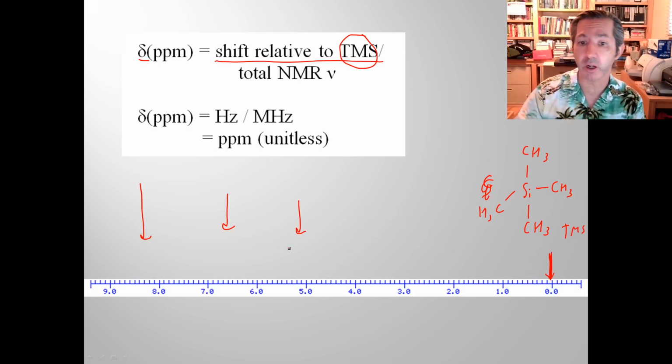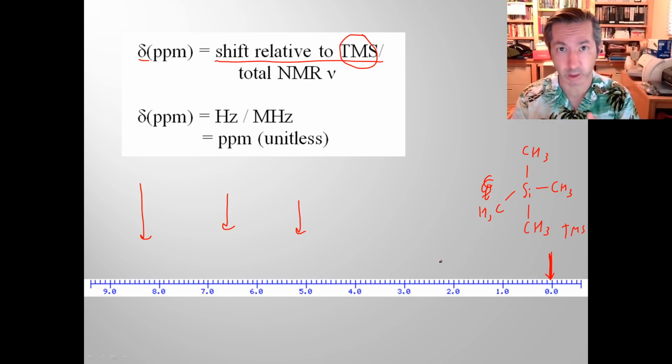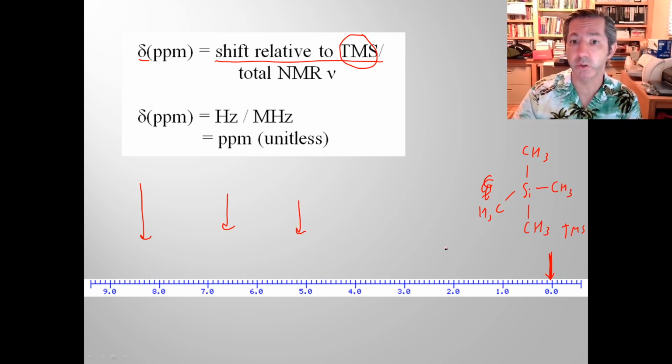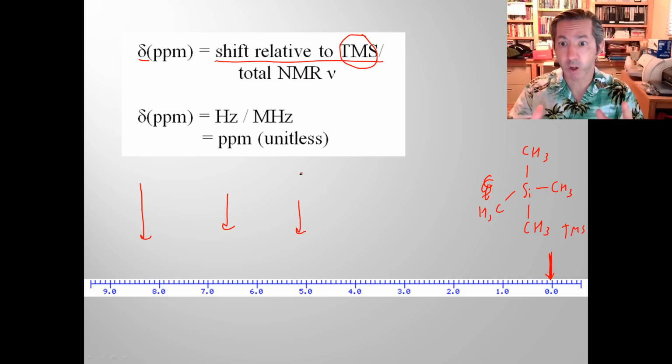And we look at all of our other signals in the molecule that we're studying, or analyte, relative to the TMS. So that's our shift relative to our TMS divided by the total NMR frequency. Now remember, the NMR magnet is sending out this huge magnetic field, and magnetic field is correlated to frequency. And so what happens is that